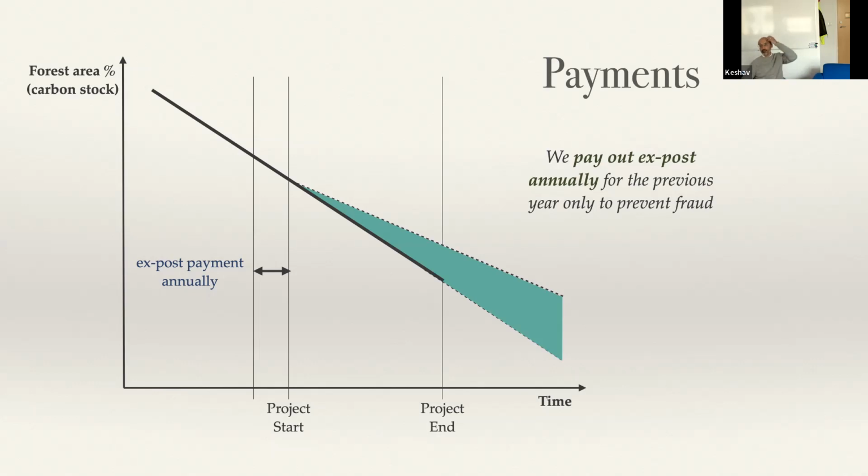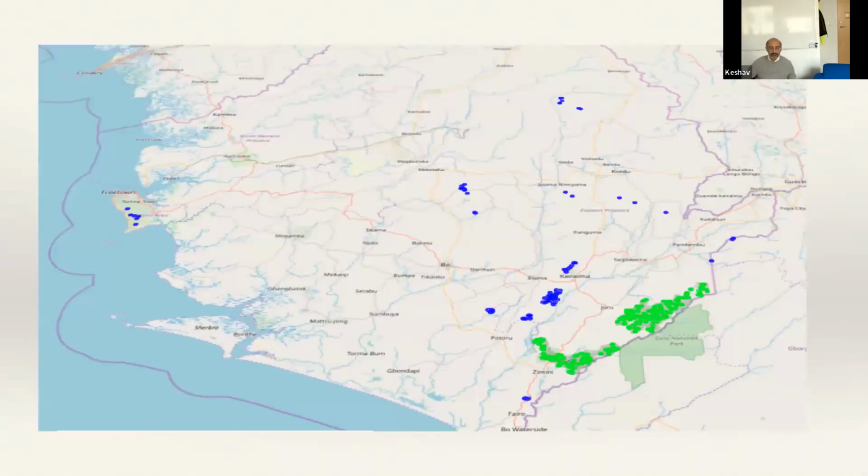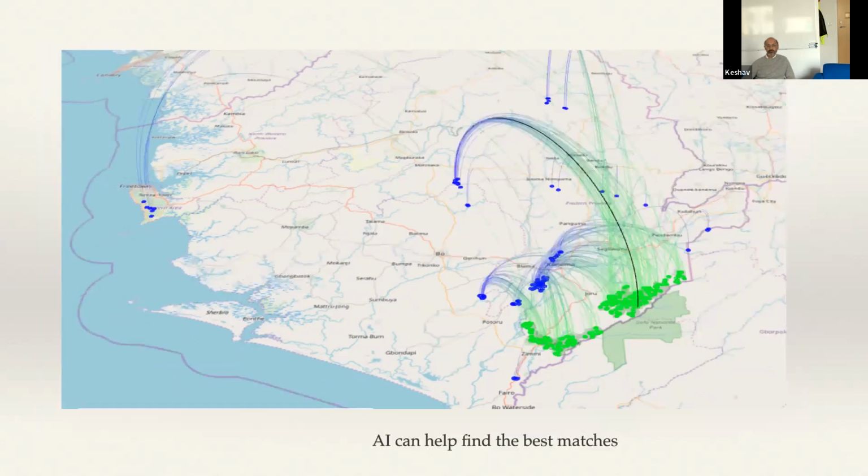Okay, so far I've been talking sort of on the environmental science of things, and what I'd like to do now is to give you just an intuition about how this works from a geographic perspective. So here is a map, and it's a part of Africa, and what I'm showing in the bright green, the lime green, is a protected forest basically, and each of those green things is one of those little squares I talked about earlier, and what we're going to do is we're going to essentially match each of these red project areas to a counterfactual project area.